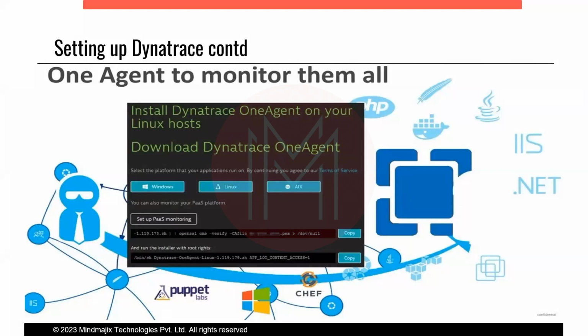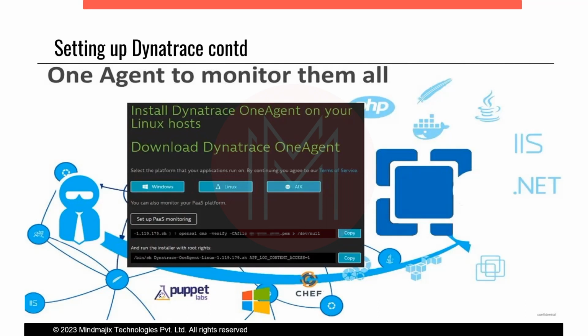This is one of the primary features that I can guarantee none of the monitoring tools have at present, wherein each of the monitoring tools have different agents for each of their solutions. Say they have a different agent for monitoring the infrastructure, a different agent for monitoring the application that runs within that infrastructure, a different network monitoring agent, a different database monitoring agent for each of the technologies that run for that application. But in Dynatrace, a single agent can be installed within the server,